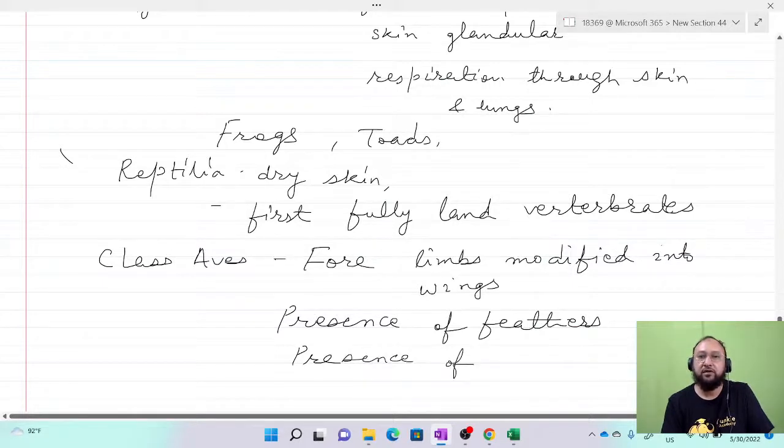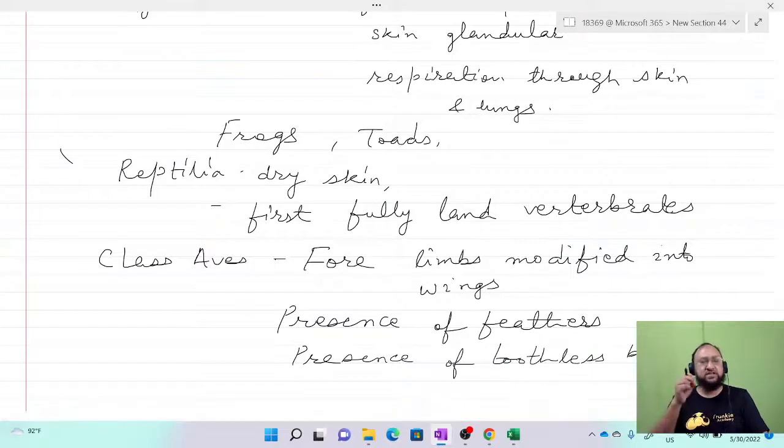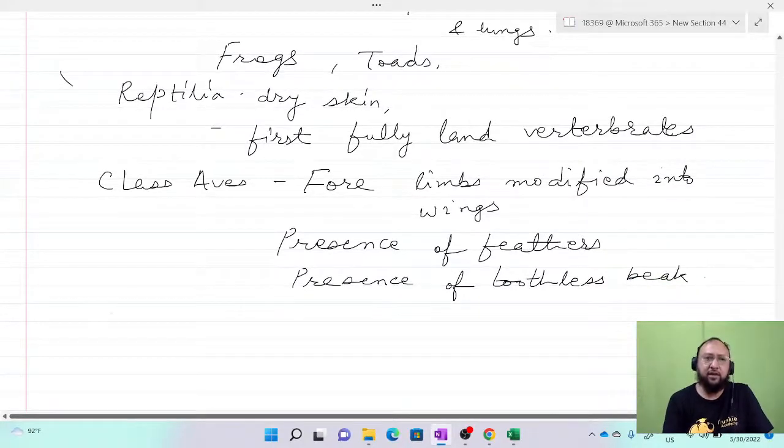Presence of toothless beak, no teeth, adapted for seed eating. They are eating seeds of the grains, a seed-eating beak. Okay, they are adapted. Now, in case of this class Mammalia,